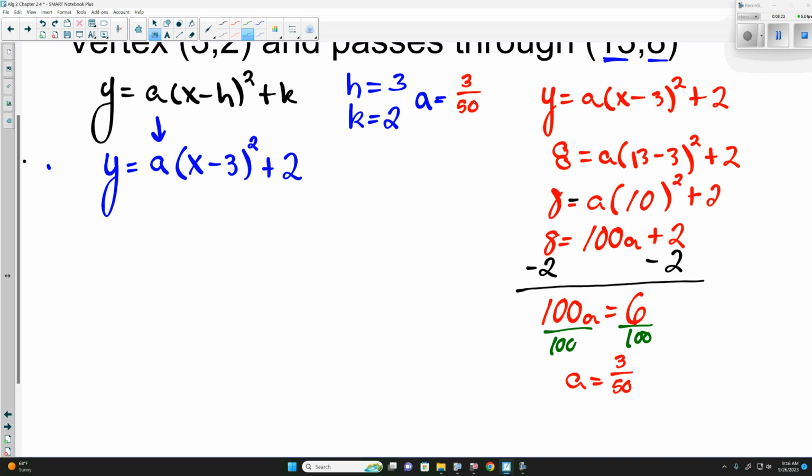Questions on how we found the value of a? Last thing we need to do is plug it in. y equals